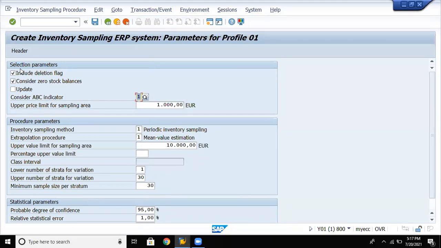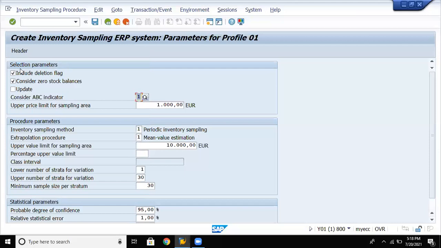Inventory sampling method. So what is the method we are going to work with here? Usually we have different types of inventory methods like LIFO method, FIFO method, average method, periodic methods. Now LIFO is last in first out. This is the most generally used sampling method, and FIFO is first in first out, then the periodic inventory method, average method. So here for the inventory sampling method we have selected 1 as our sampling method, which indicates periodic